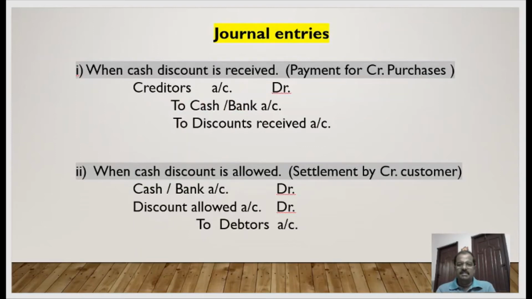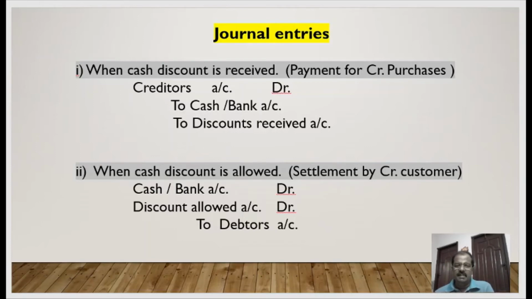Let us get into the journal. Journal entries for discount received and discount allowed. When you are receiving discount, from whom will you receive? You will receive from the supplier, if at all you are making the timely repayment. At the time of repayment, you will receive this discount from the creditor. So when you are making the payment, for example, let me assume a huge amount you have to give, subtract the discount received, the balance.